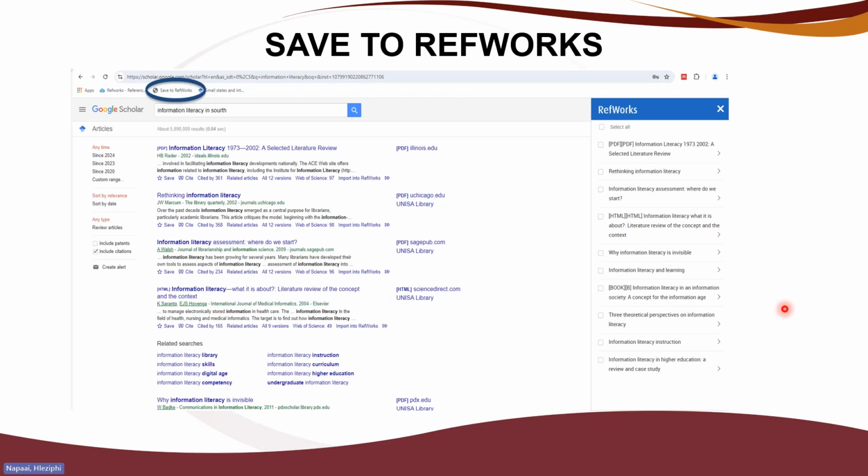Under the tools in RefWorks, we have what we call Save to RefWorks. It has to sit on any of the platforms that you're using, whether it's Mozilla, Chrome, or Edge. This has to sit there so that when you conduct a search, after having done your settings, you can use it. If you're searching on a blog or on any of the internet sites, not database sites, for information literacy in South Africa,